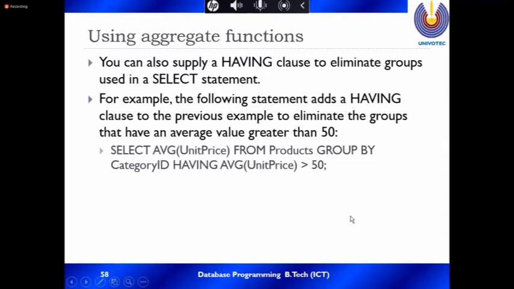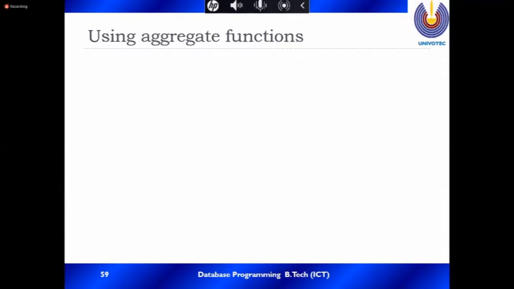Only the category IDs whose average unit price is more than 50 are displayed; others are not. Otherwise, select average unit price from product gives the average for all records. This example returned 54 point something, which is higher.